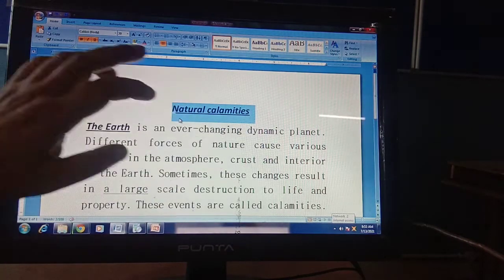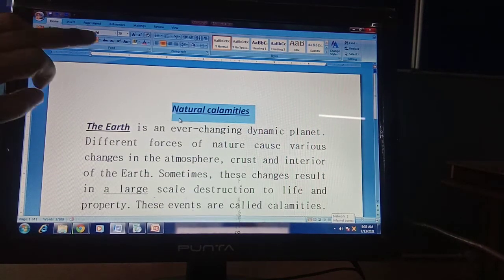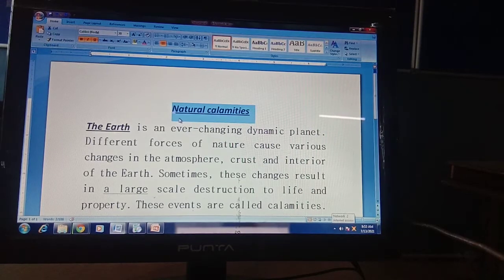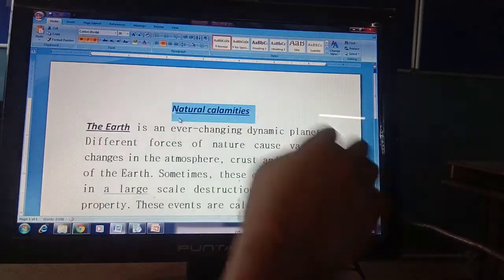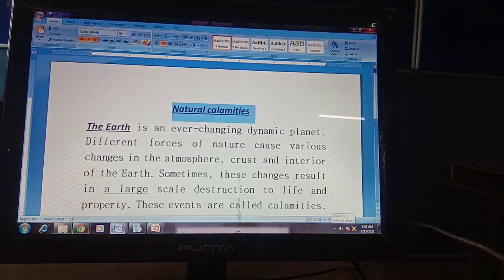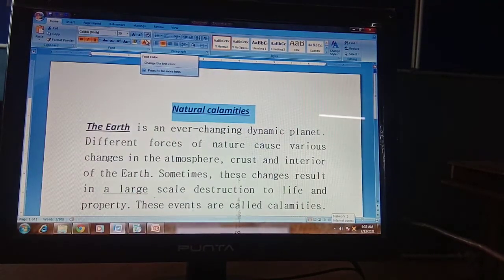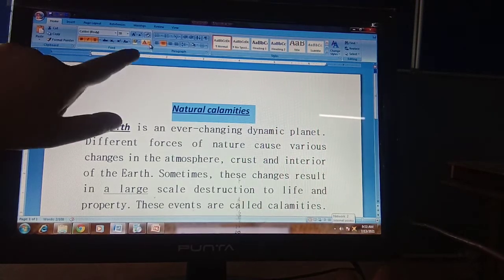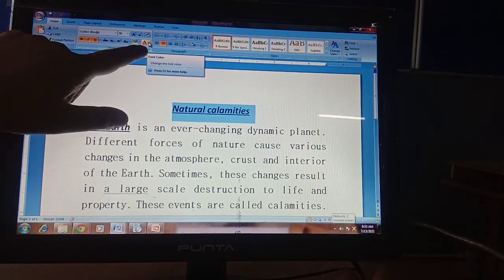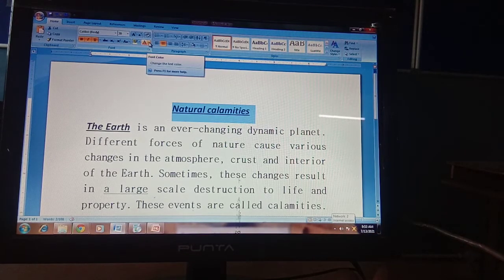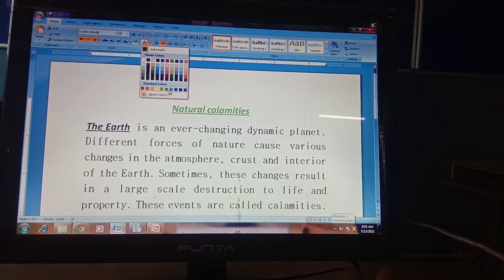So in the home tab, again in the font group, you are able to see this font color option. This is your font color option. Okay, are you able to see font color option? Okay, so in font color option there is a down arrow button. From here just click and choose the appropriate color in which you want your text.